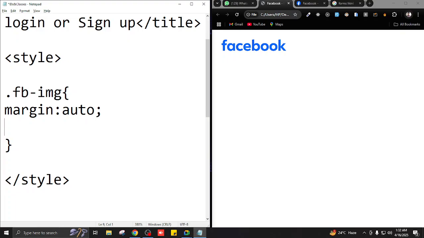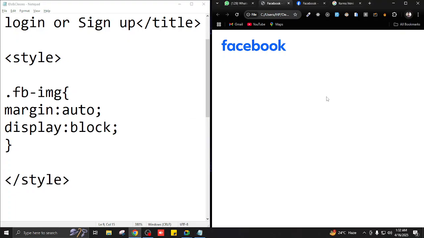So what's the property for that? For changing all of this? Display. Good. Display, and then change the display into block. Save it, refresh it. Now we have this image in the center. Okay,